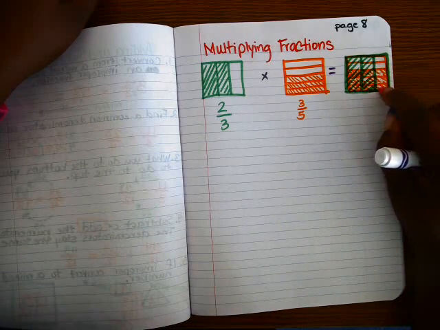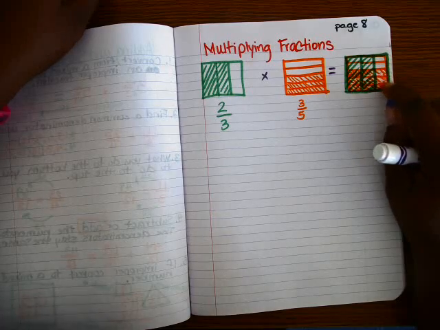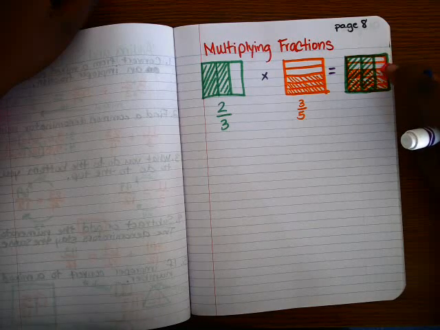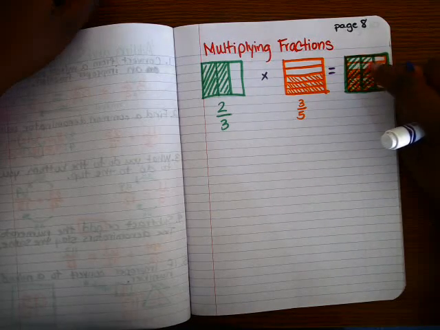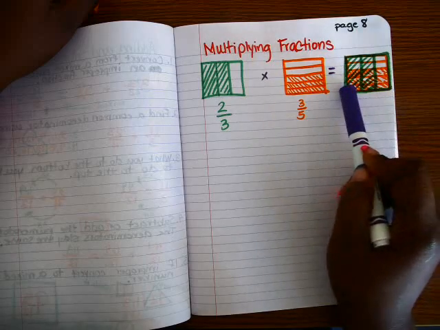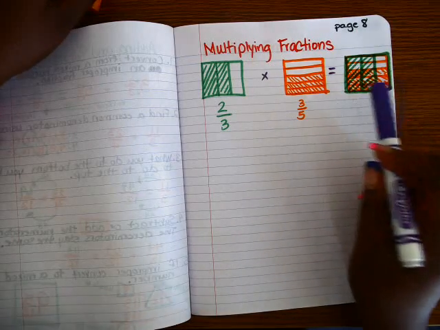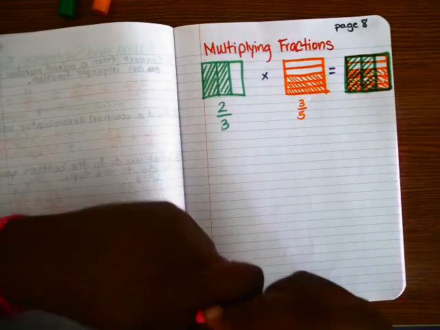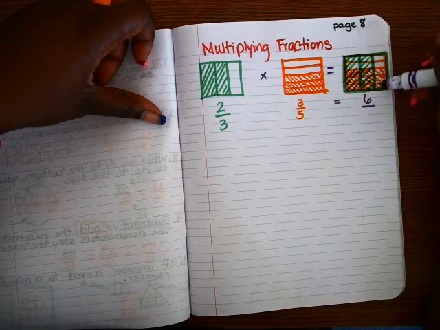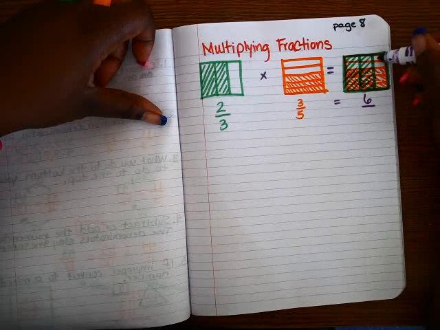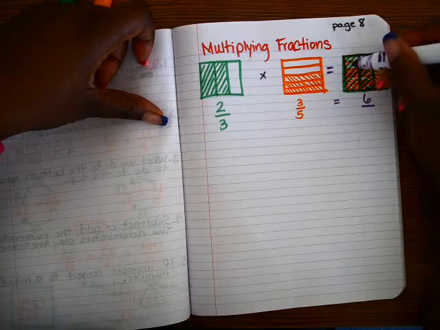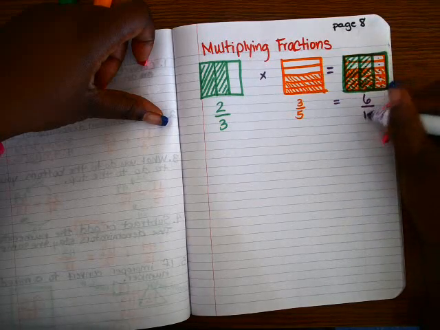So if you look at this square, this is 1 square, 2 square, 3 square. These 3 squares just have orange in them. These 2 squares only have nothing in them. These 4 squares only have green in them. But if you see these 1, 2, 3, 4, 5, 6, those 6 squares are shaded with both colors. So therefore the new answer is 6 out of 15 total squares. And what I'm counting is 1, 2, 3, 4, 5, 6, 7, 8, 9, 10, 11, 12, 13, 14, 15